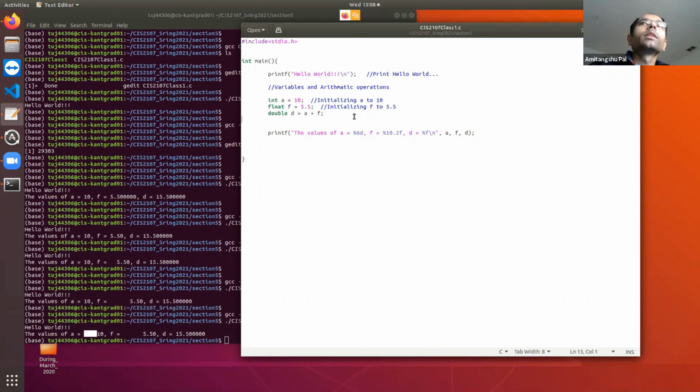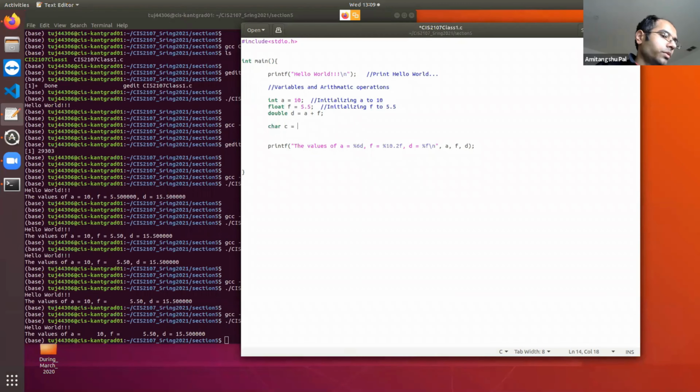Okay. Now, these are all numeric values. Let's learn characters. So character c equal to, say, x. Characters are written inside single quotes. And for a character, the corresponding placeholder is %c.